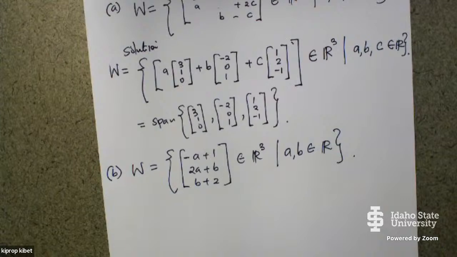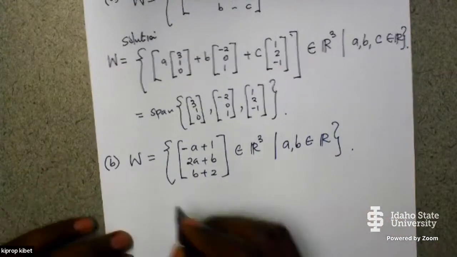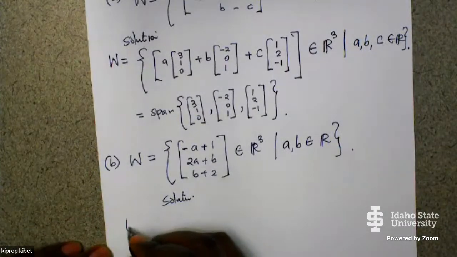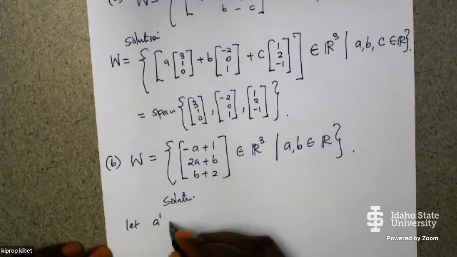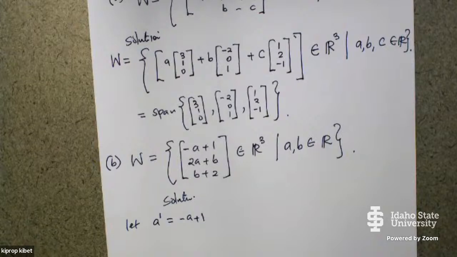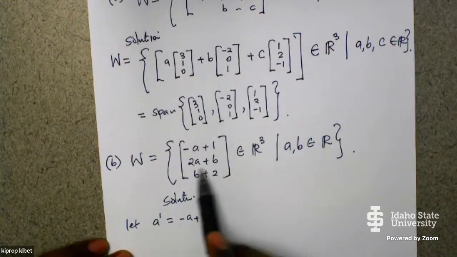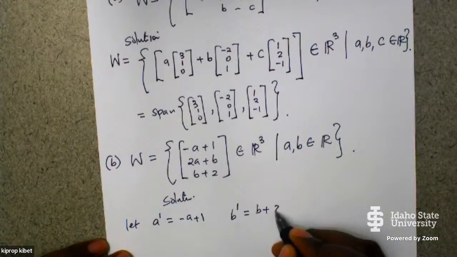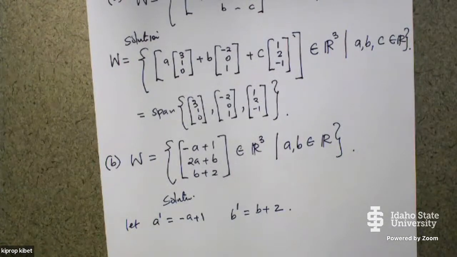So what we can do here is, for the solution, we can let A prime be equal to minus A plus 1. Okay. And then we can also let this B prime be equal to B plus 2. Okay. So that A,